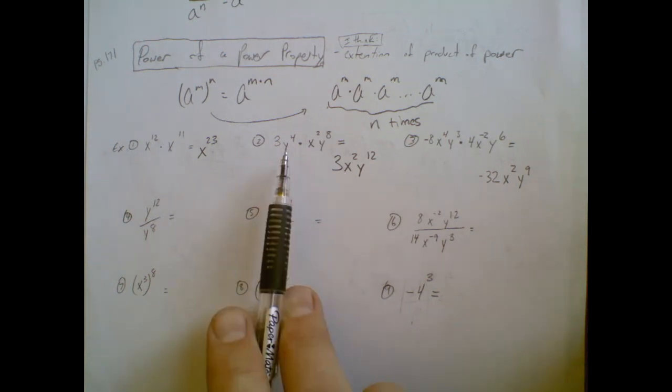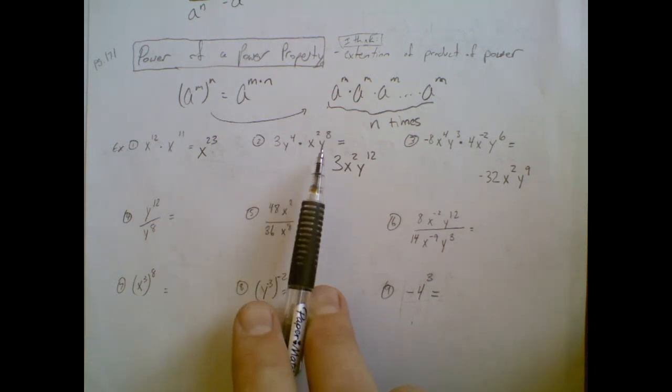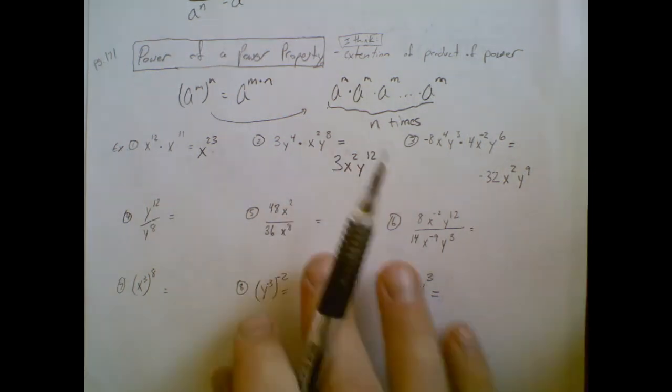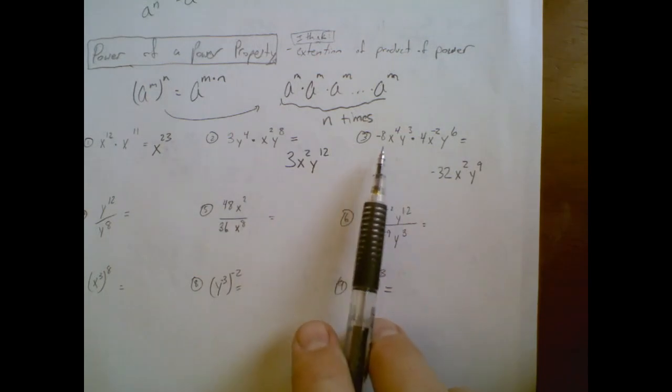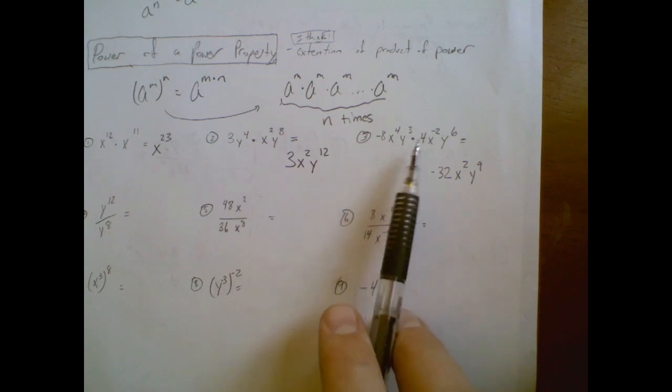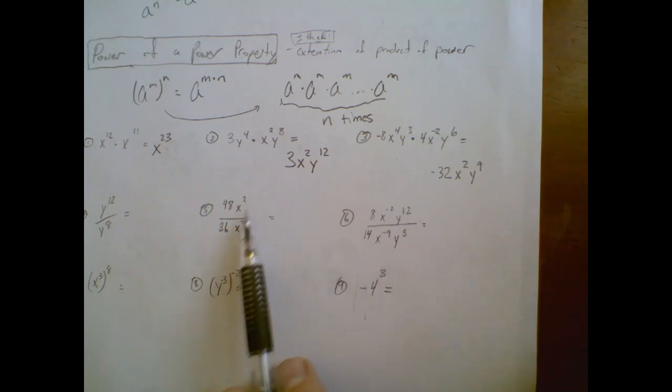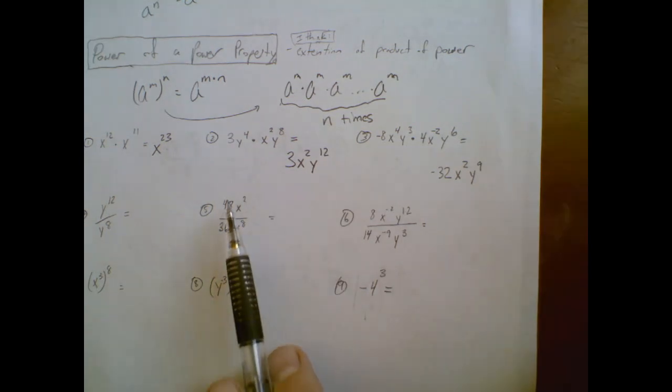But we have a y to the 4th times a y to the 8th. Keep the base, add the exponents, we get y to the 12th. And number 3, now we look at common bases. A note here, all numbers are common bases. So if you have a problem like this, you always just multiply the numbers. Or if it happens to be like a fraction down here or a quotient, you always divide or simplify the